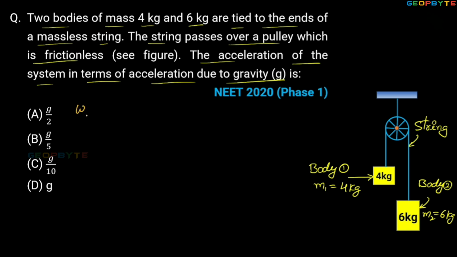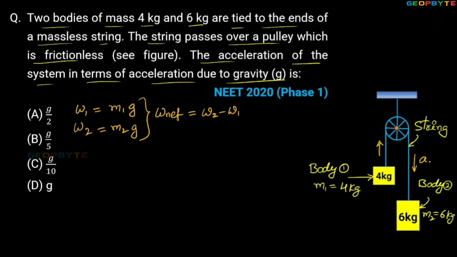Weight of body 1 equals m1 into g. Weight of body 2 equals m2 into g. Net weight equals w2 minus w1. Since mass 2 is more than mass 1, definitely it is moving towards mass 2 with acceleration a. Then this weight must be equal to